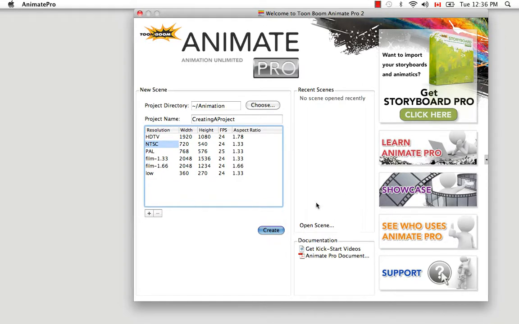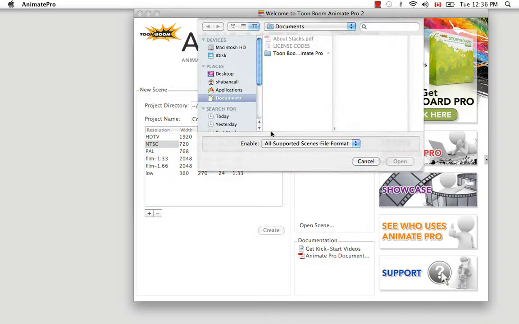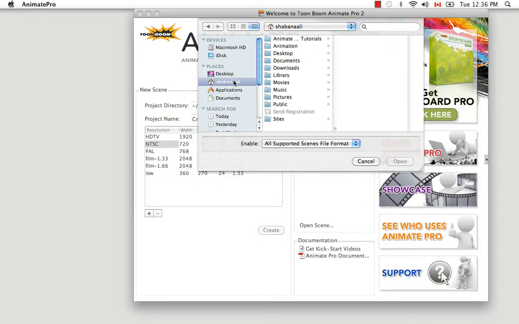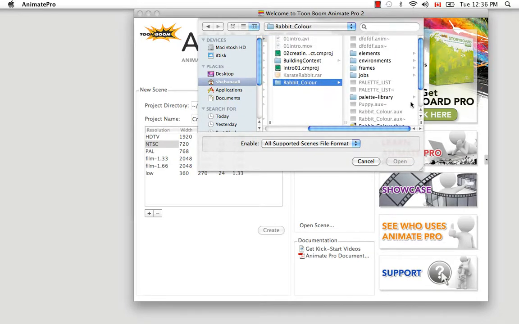At the bottom here we have the Open the Scene link. You can click on this to open a scene that you know exists but that you haven't worked on in a while. And I'd like to actually open one of these scenes to show you the structure of an